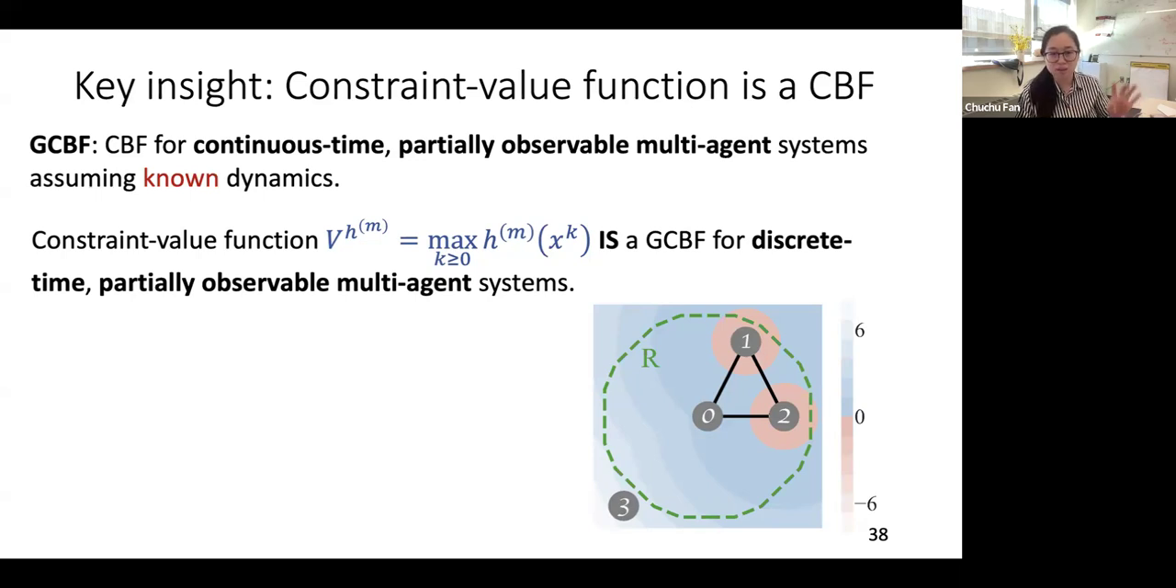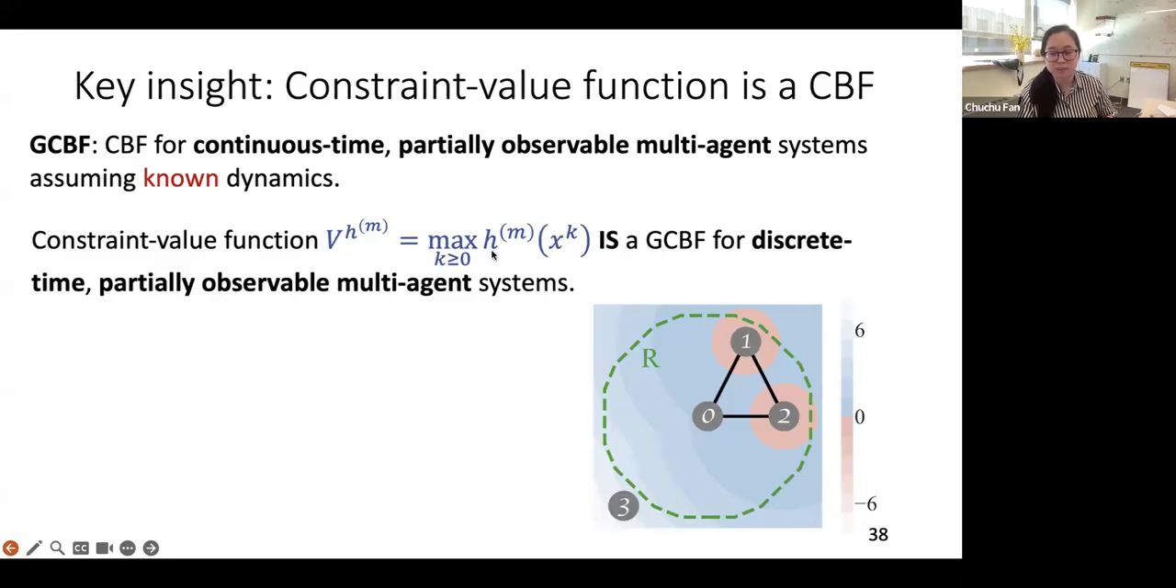So there is a long proof that you can check out in the paper, but here the good news is that instead of learning a GCBF from the sample points, using that loss function to penalize the violation of the conditions, I can prove to you that the constraint value function, which is taking the maximum of all the infinite horizon safety, where H defines the safety constraints,